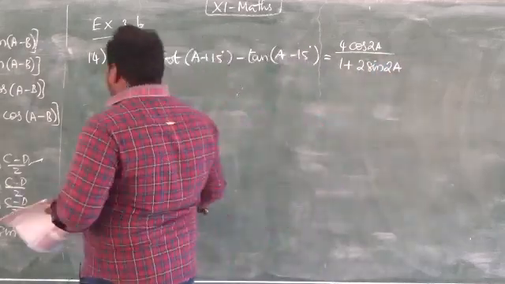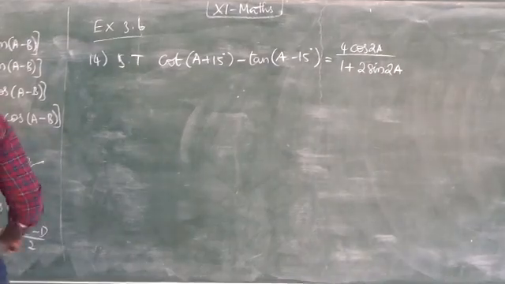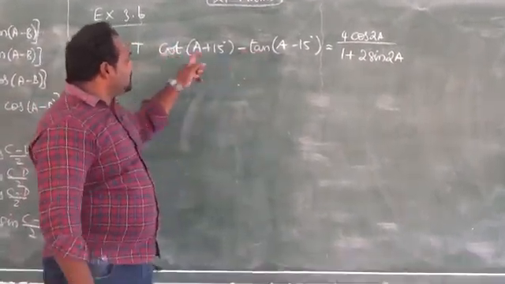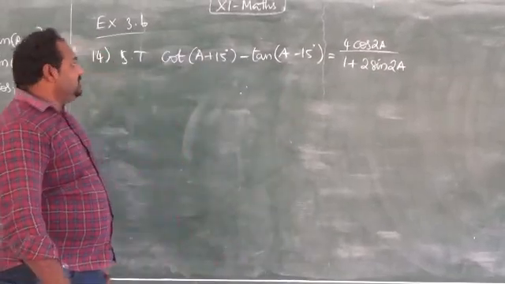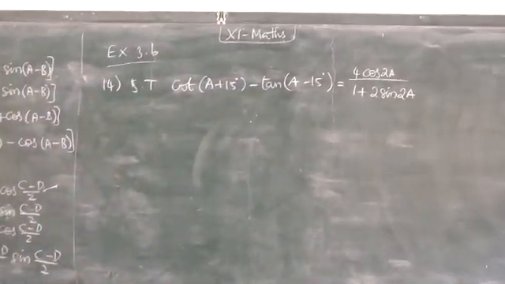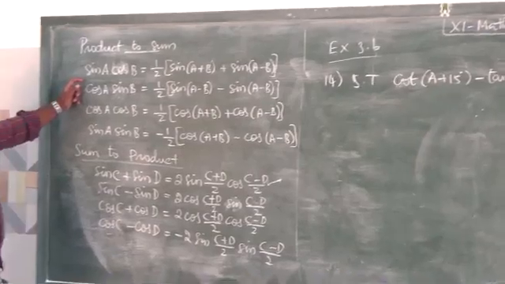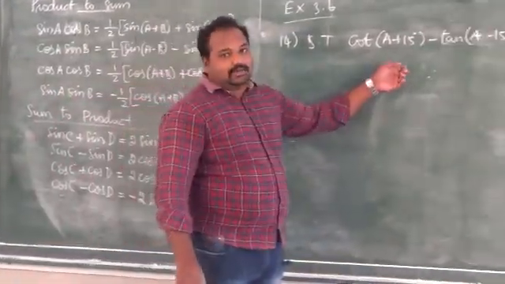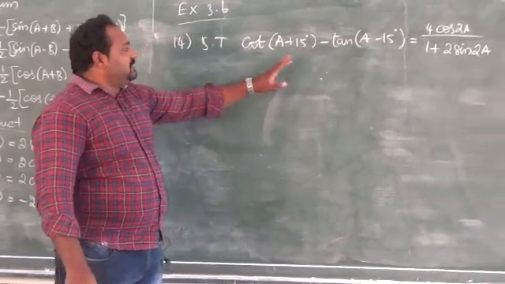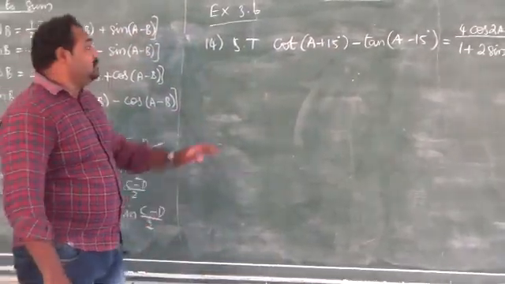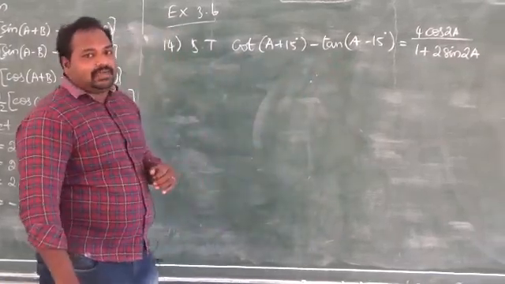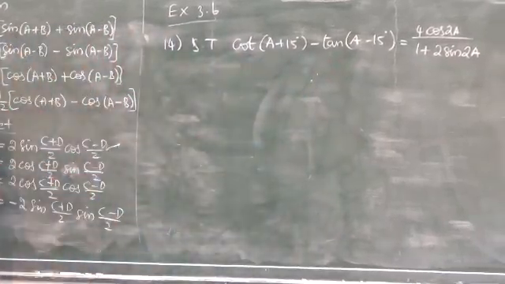So here I am going to take the LHS side. Look at the LHS side, it is given in cot and tan ratios. Here we do not have any formulas related to cot and tan. So I cannot take the LHS directly. I am not going to use any formula here. First thing I am going to do is convert cot and tan into sin and cos format. Then only we can have formulas here.